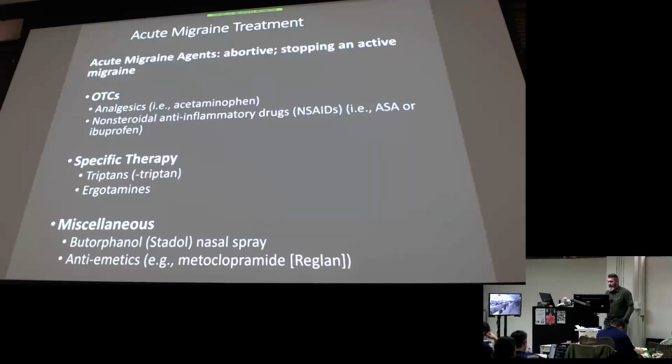We'll talk about what they do. And then there's an old drug, ergotamines, which have a lot of side effects. Before triptans, we used them a lot, but they're very dangerous drugs, I would say. I would even go as far as to say dangerous, especially with certain underlying conditions that we'll talk about now. And then the miscellaneous agents: we're going to talk about Stadol, butorphanol, a controlled substance, and why you never use it or shouldn't be using it.